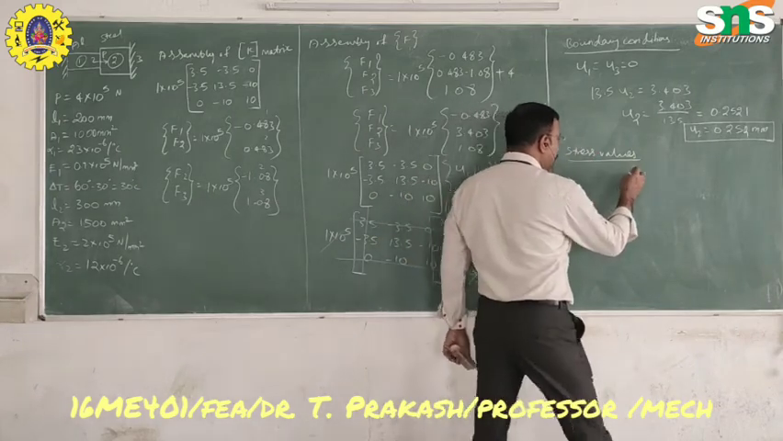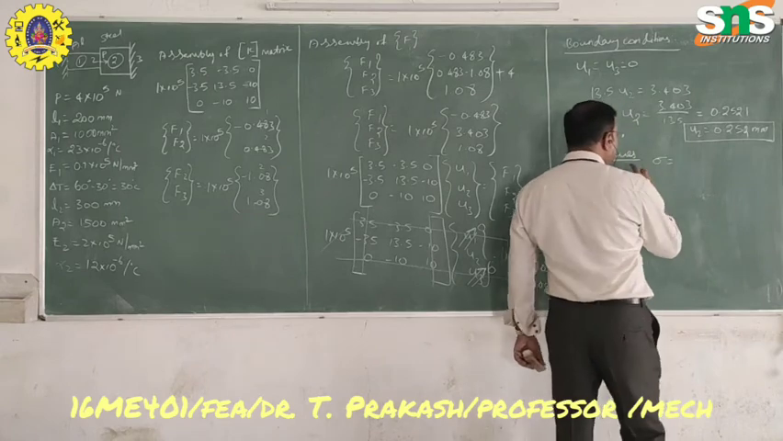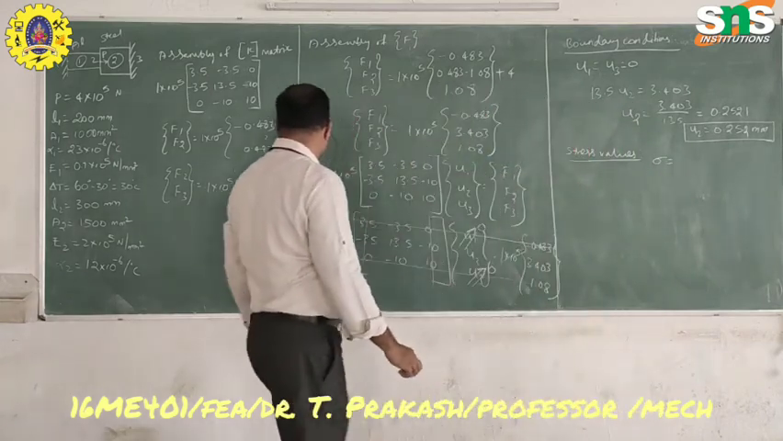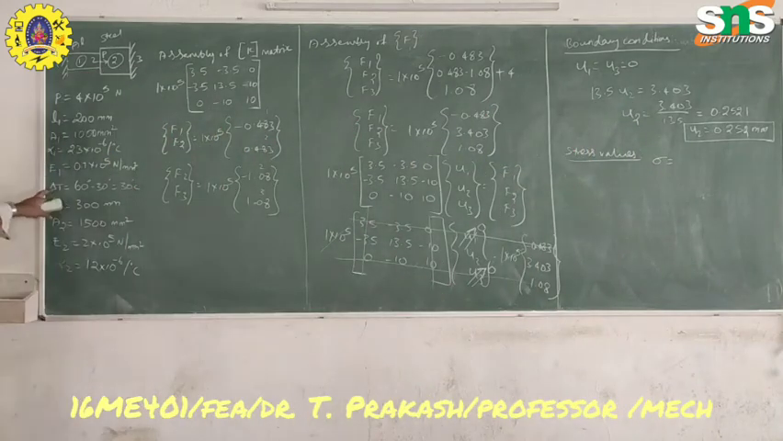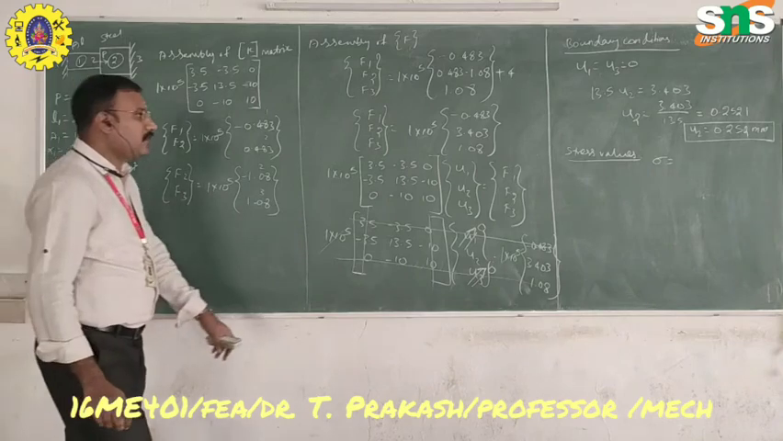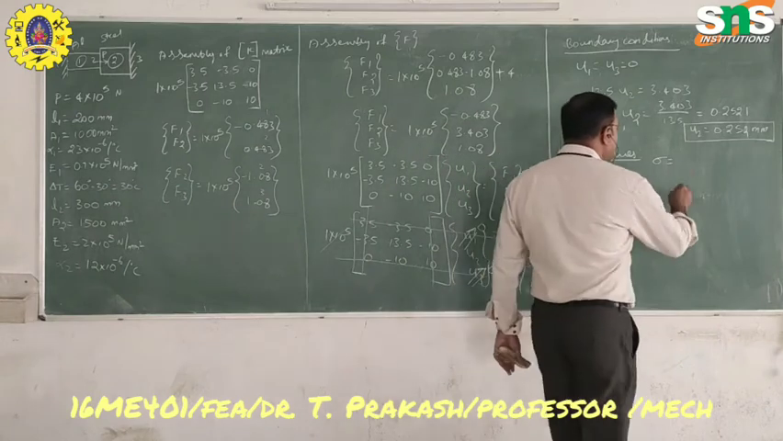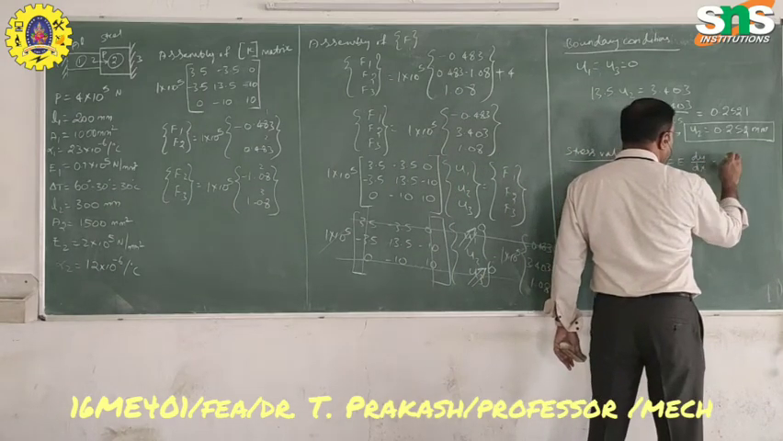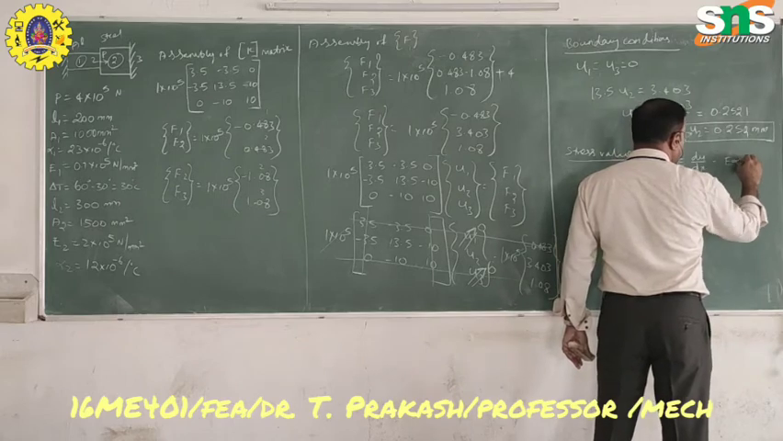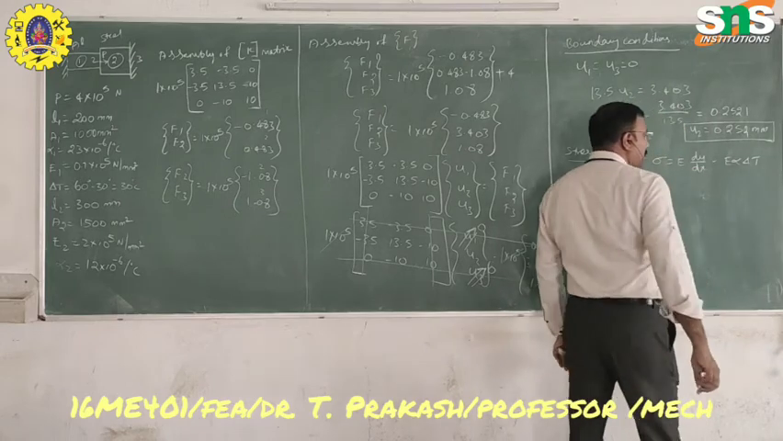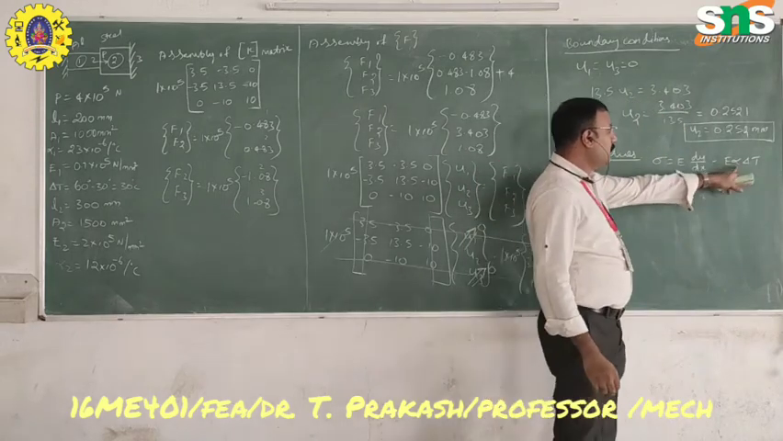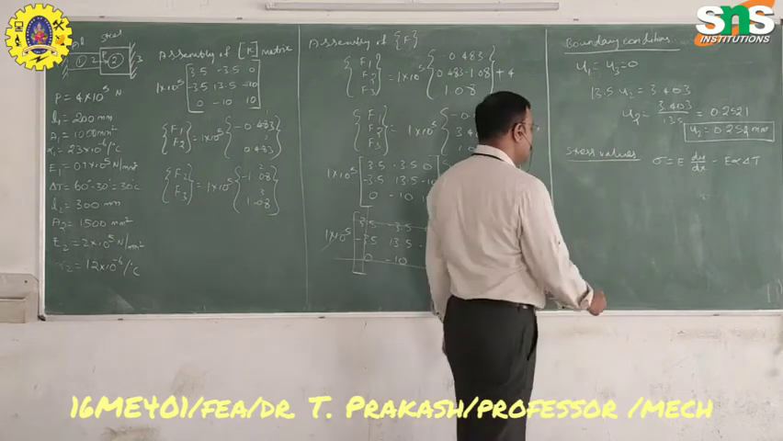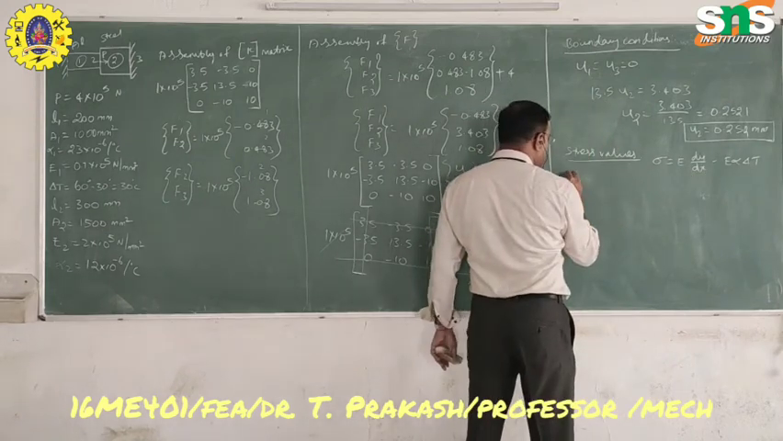Then you know the stress formula. What is the stress formula? If there is Young's modulus, a change in temperature, and the thermal coefficient, you have to apply the stress formula as sigma equal to E into du by dx minus E alpha delta T. It is the formula. When you apply the thermal coefficient and the change in temperature, the stress formula becomes like this. Therefore, for element 1,